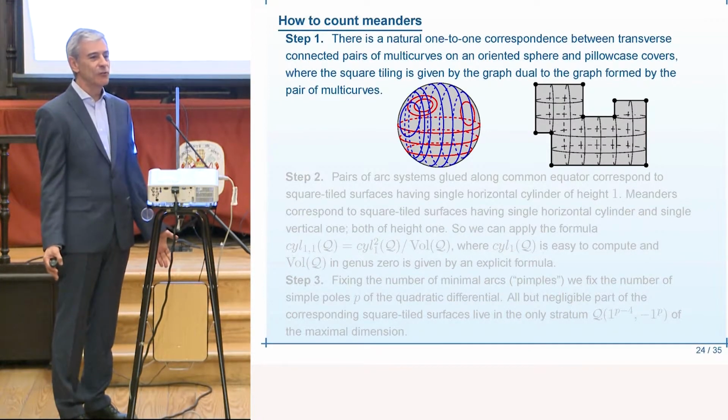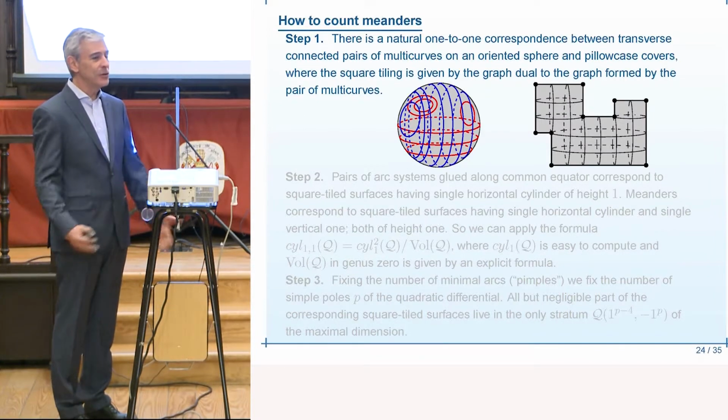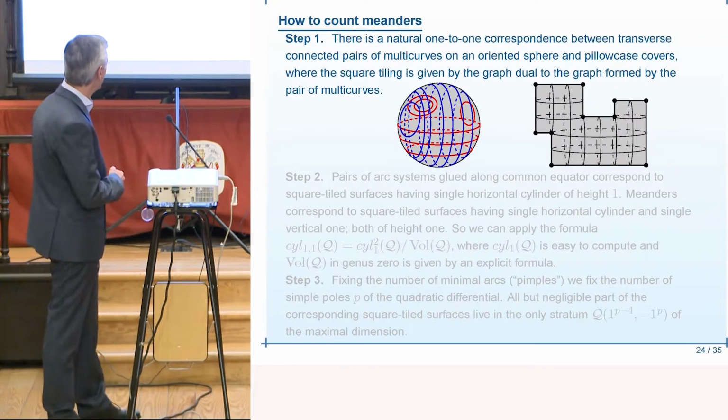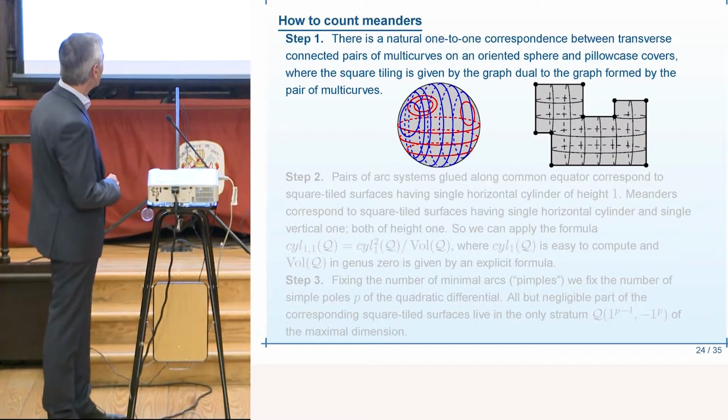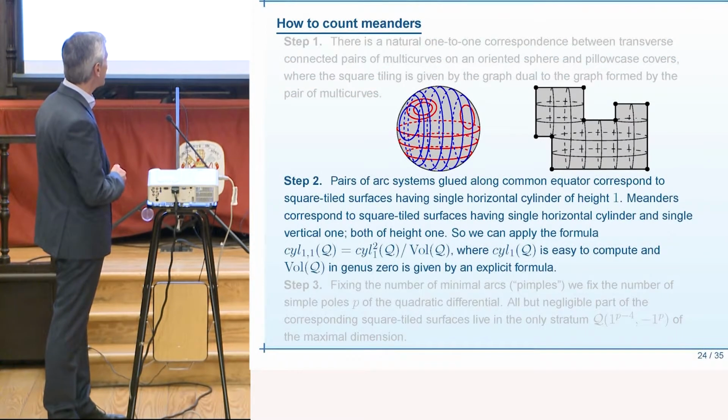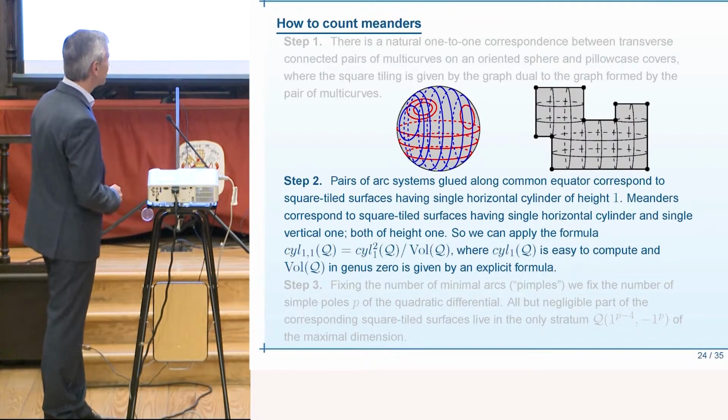You get complex structure on the sphere, and you get God-given quadratic differential, which is responsible for this thing. Okay, so to count all pairs of transverse multicurves, we have to count all possible square tile